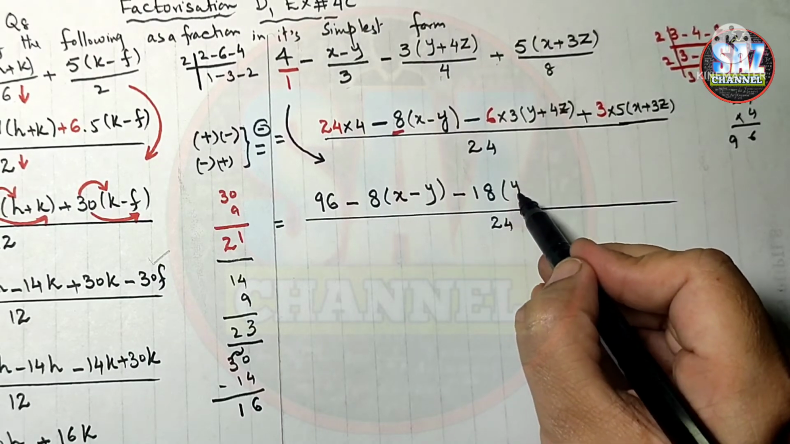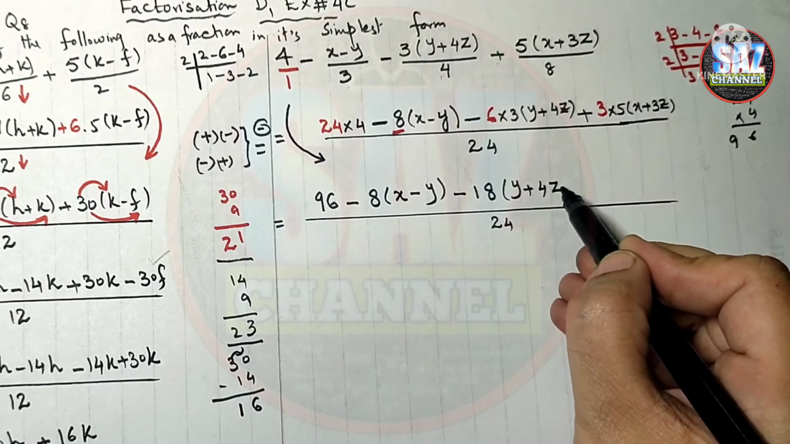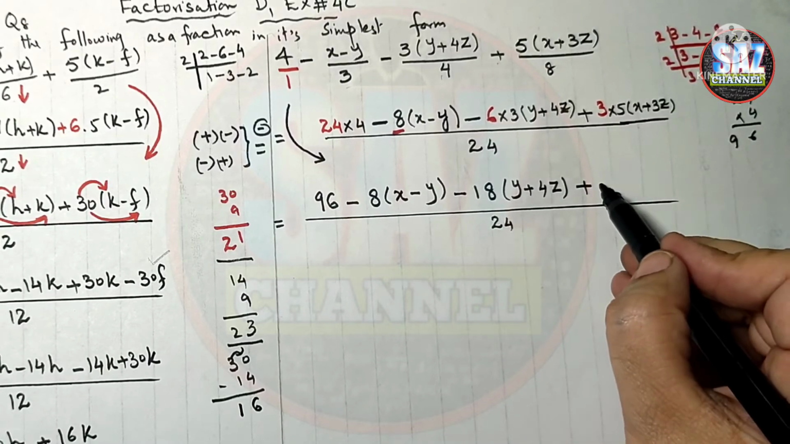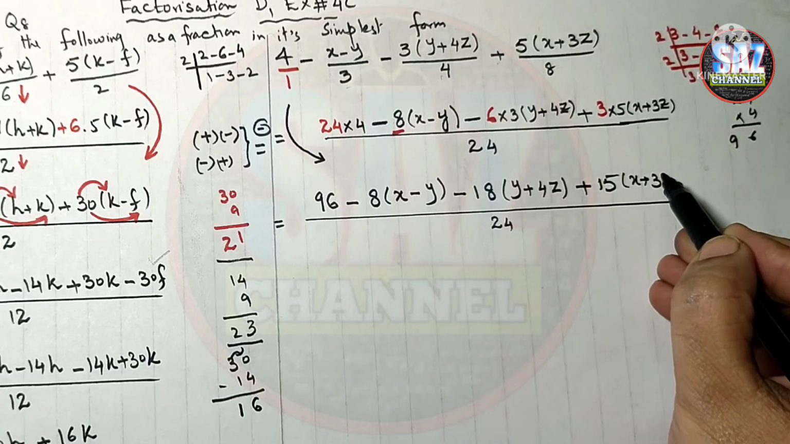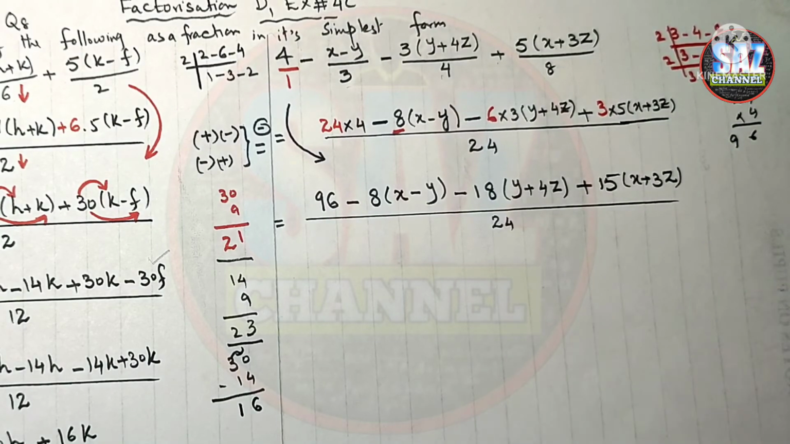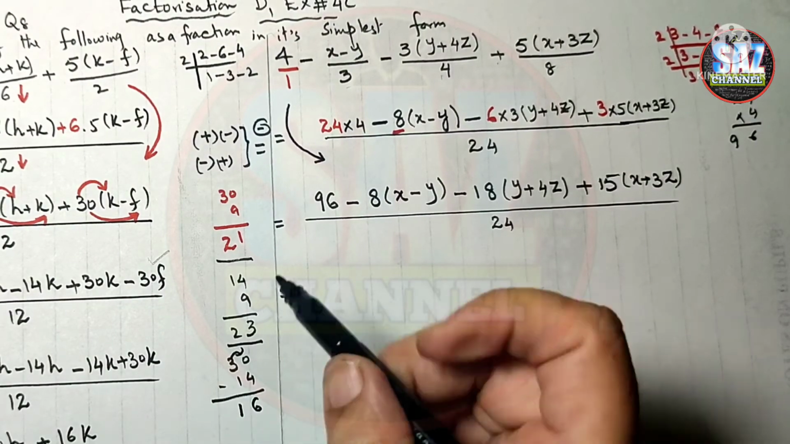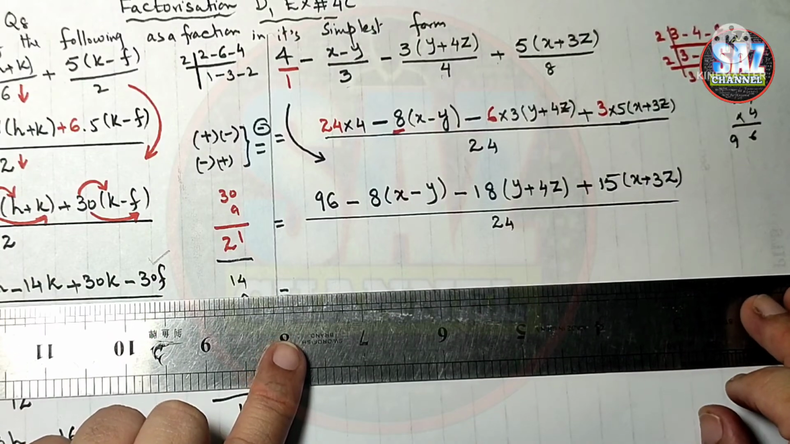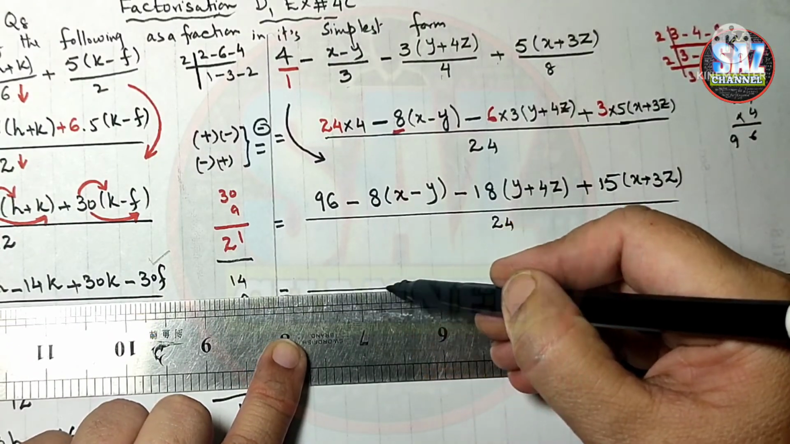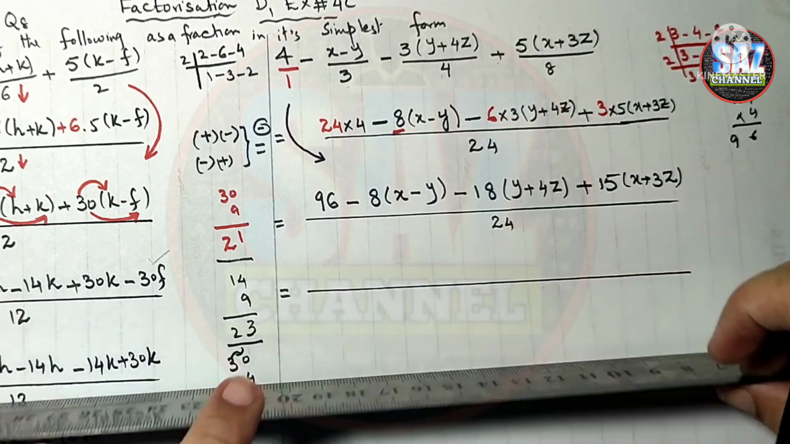Y plus 4c and plus 3 times 5 is 15, x plus 3z. And now what we are going to do is, but before that let me draw the fraction here so that I can write the LCM and the numerator as well. Okay, 24,